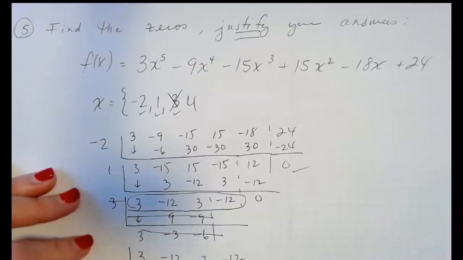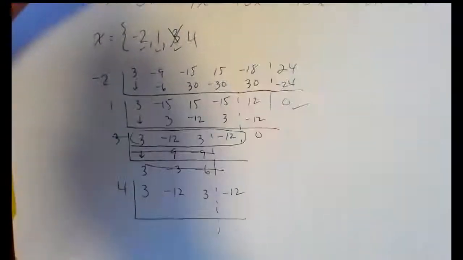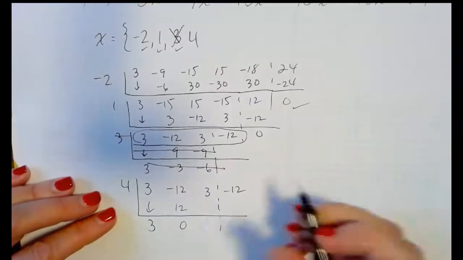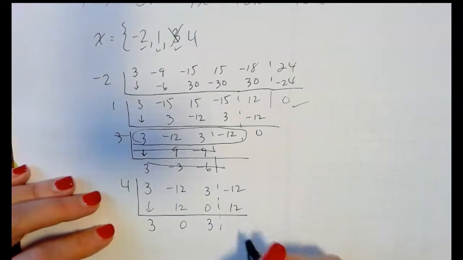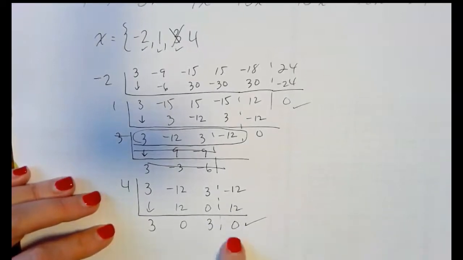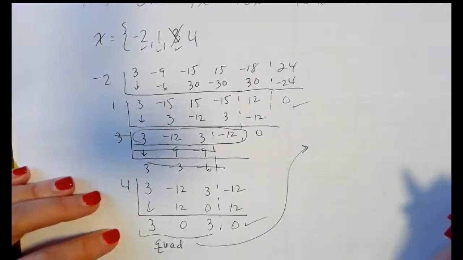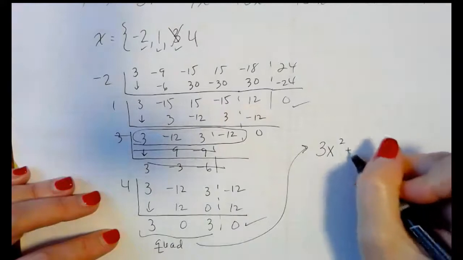And I am dividing by 4, which, if I'm looking at those numbers, I probably could have factored it more quickly than doing this, but that's okay. That's 12, that's 0, that's 0, that's 3, that's 12, and that is 0. And that's what I'm looking for. I'm looking for a remainder of 0. And this remains a final quadratic polynomial that I'm going to set equal to 0, which is 3x squared plus